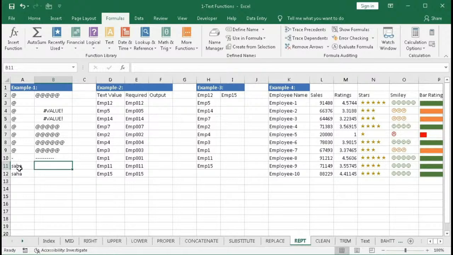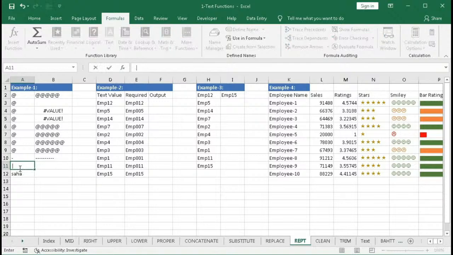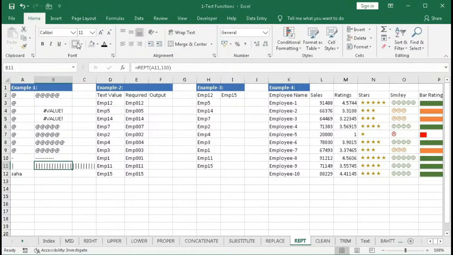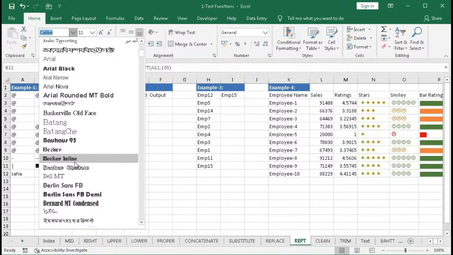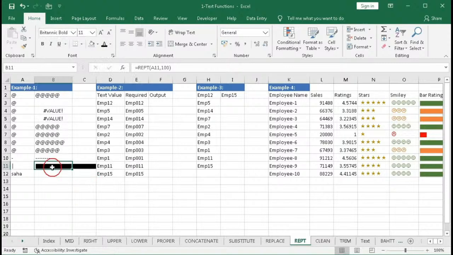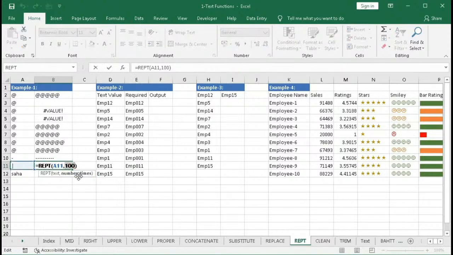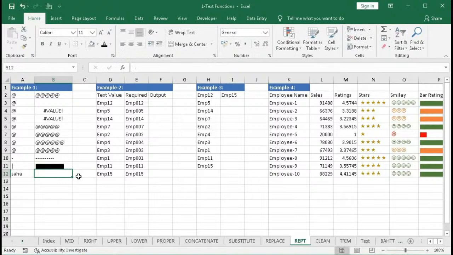Here, if I want to repeat the word 5, that is this one, then equal to REPT, this text, comma, 5 times, bracket close, enter. And if I change this number of times to 25, you can get a box. Now if I repeat the word, equal to REPT, this text, comma,